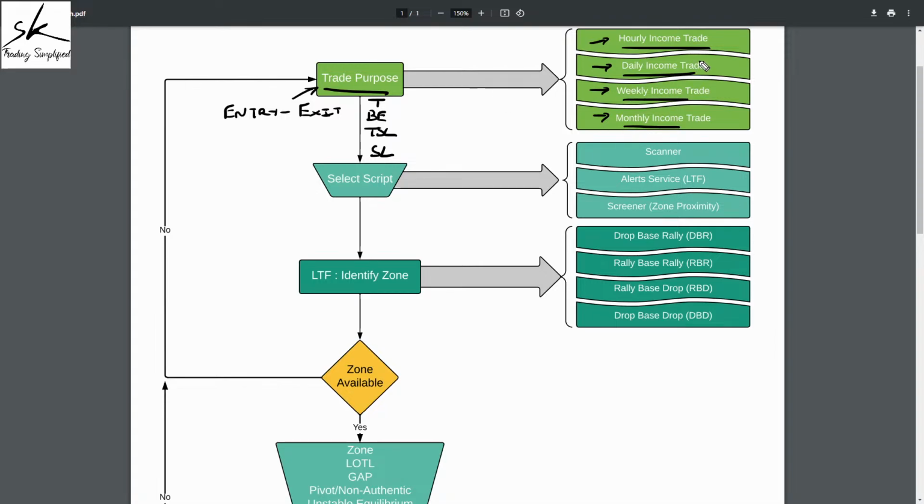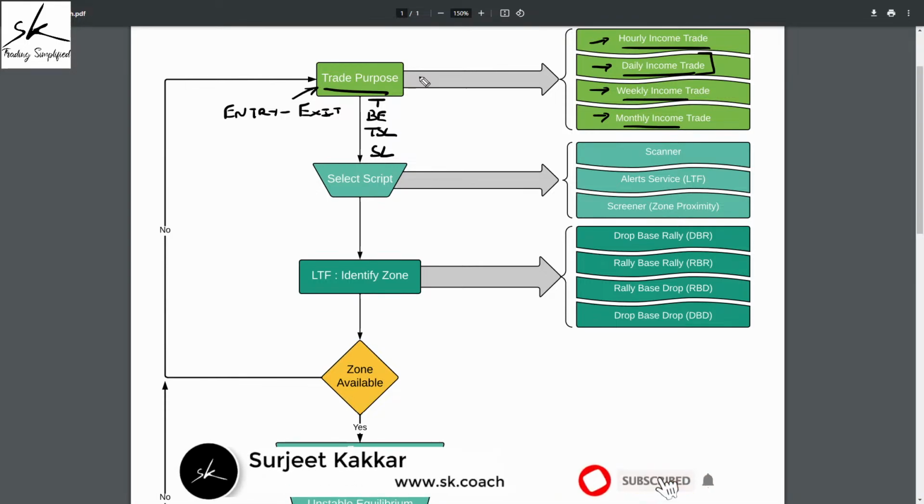Now, very important, by definition, I said daily income is a trade which can last for a day or a few days, but if the markets we are analyzing are not 24 hour markets, then I'm pretty sure all of you would have experienced that whenever the market opens, some symbols gap up, some symbols gap down. Because of this gap up, gap down, if you get a gap in your favor, you might get a profit which is bigger than what you were expecting on that trade. But if you get a gap against you, you can also lose more than what you were willing to lose on that particular trade. So that is why my recommendation to all of you is that initially your hourly and dailies